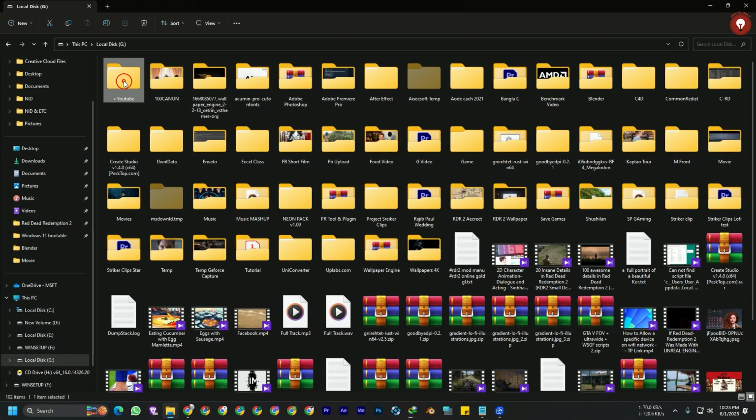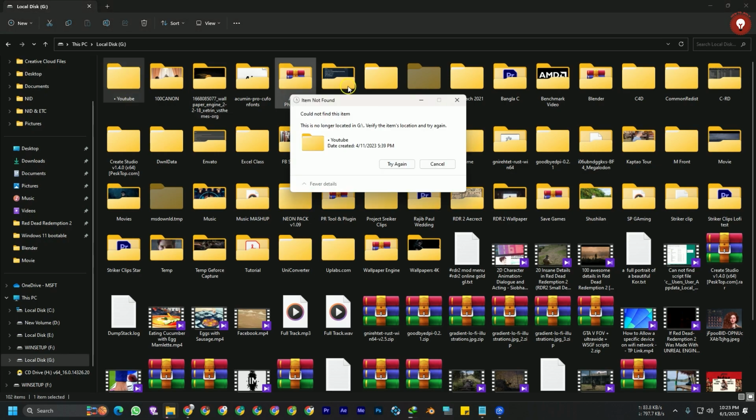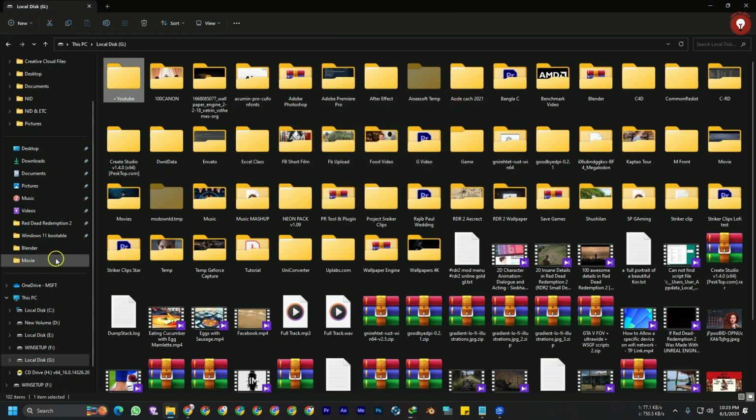This folder I have created earlier, I cannot delete it. When I try to delete it, it says this is no longer located in G, etc., and to try again, but it's not going to delete. So I'm going to delete it with